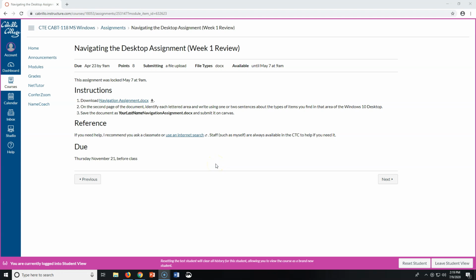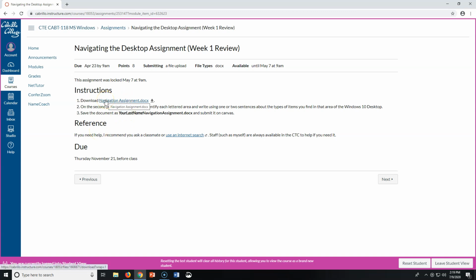All right, so I'm in Chrome, and I'm going to do this assignment real quick. Well, I'm not going to do the whole assignment. I'm going to let you do the whole assignment. Your due dates may not match what you see up here, depending on your semester and the calendar. So don't worry about that. I'm just going to really be looking at the instructions and maybe the reference.